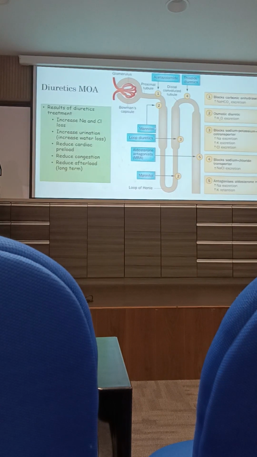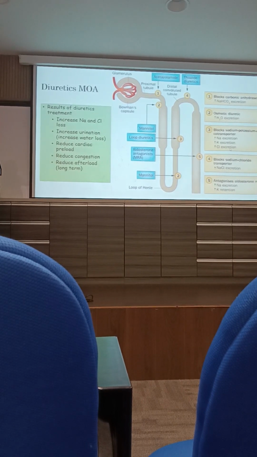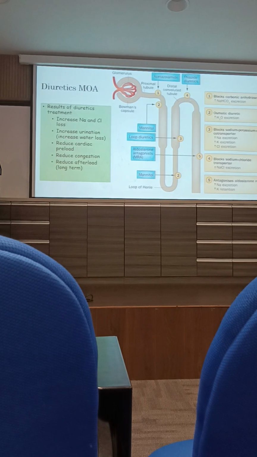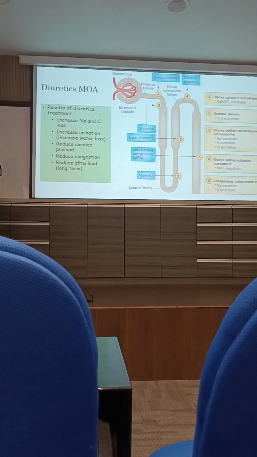Okay. So loop diuretics act at the thick ascending loop of Henle, and they block the sodium-potassium-chloride cotransporter. So it increases the excretion of sodium, potassium, and also chloride. Thiazide acts at the distal convoluted tubule by blocking the sodium chloride transporter, increasing sodium chloride excretion. And spironolactone, which is a mineralocorticoid receptor antagonist or potassium sparing diuretic, will antagonize the aldosterone receptor